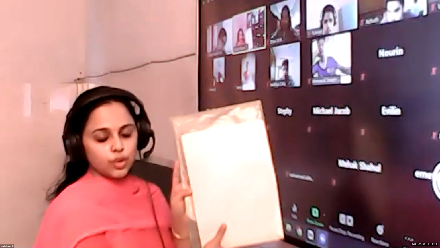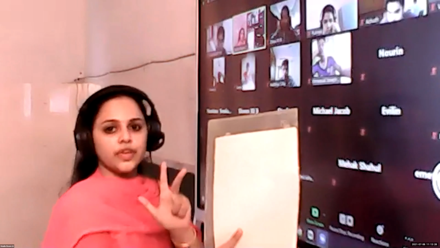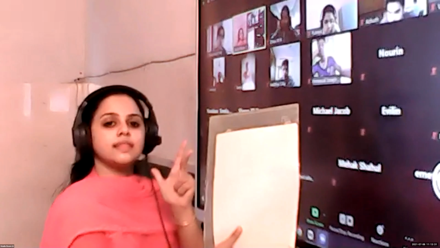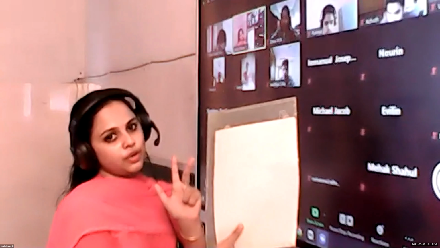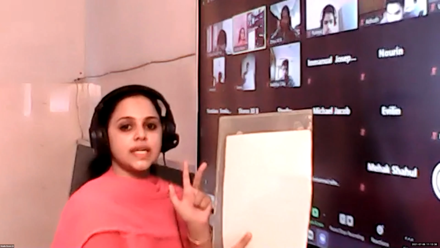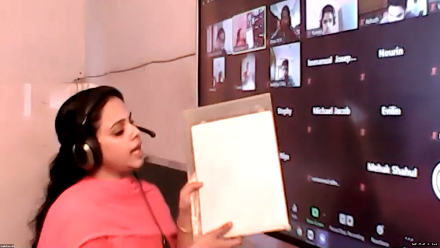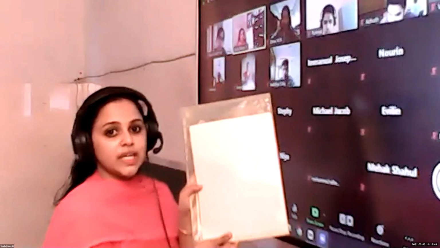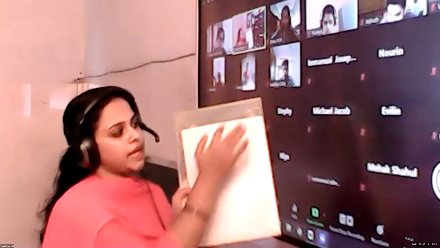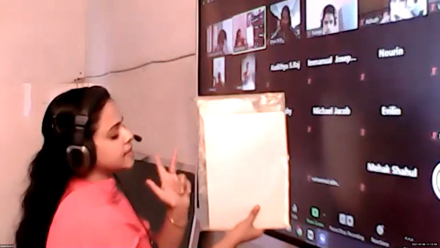According to Fleming's left hand rule, you stretch the three fingers, that is the thumb, forefinger and middle finger of your left hand, such that the thumb shows the direction of the force, forefinger shows the direction of magnetic field, and middle finger shows the direction of the current. So imagine this is our rectangular loop with the sides A, B, C, and D. We are going to find out the direction of the force acting on the side AB and that of CD by applying Fleming's left hand rule. Here the direction of the current is upward.